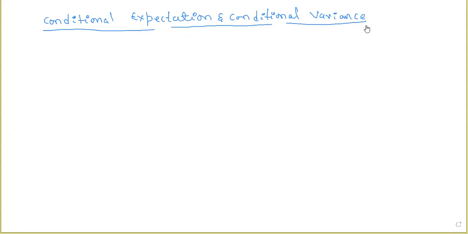Conditional expectation and conditional variance. So here, first we start with the conditional expectation. Later we go for conditional variance, right? So here we start with